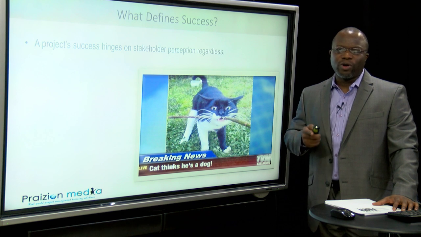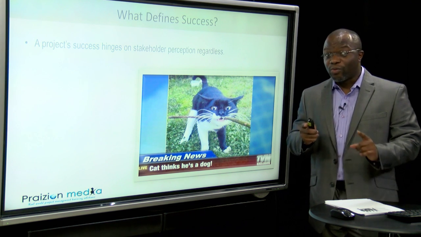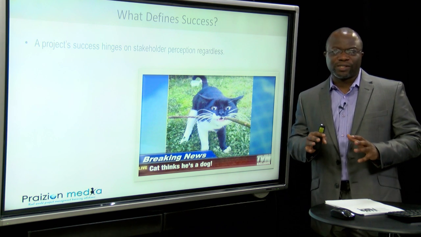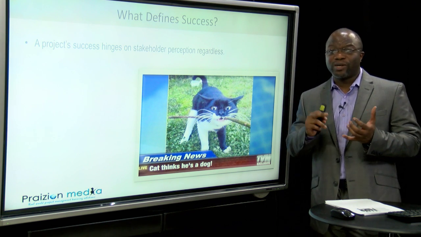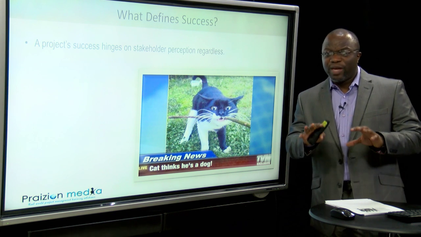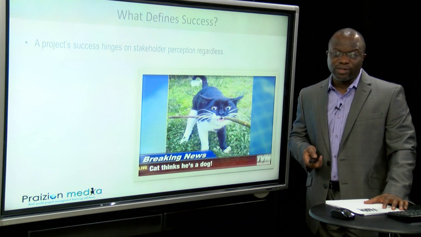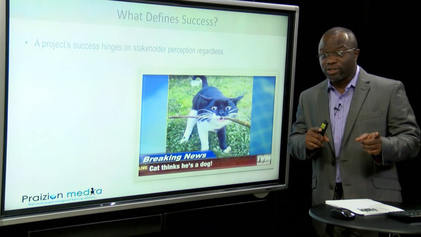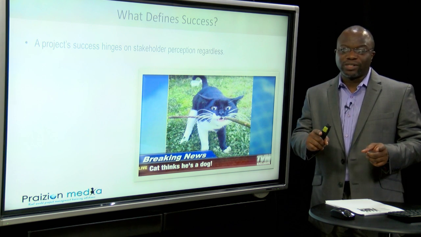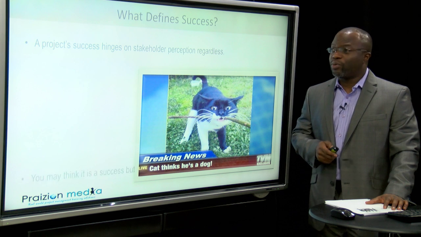Stakeholders are the number one reason why we take on projects, and they're the number one reason also why projects fail. Because when projects fail, it's because we didn't manage our stakeholders properly. We didn't manage our team properly. We didn't manage our stakeholder perceptions properly. Because the people actually carrying out the work, they are also your stakeholders. Anyone who could impact the project, the team, anyone who could be impacted by the project, outside of the project, they're all stakeholders. So this is a really important area, you see.